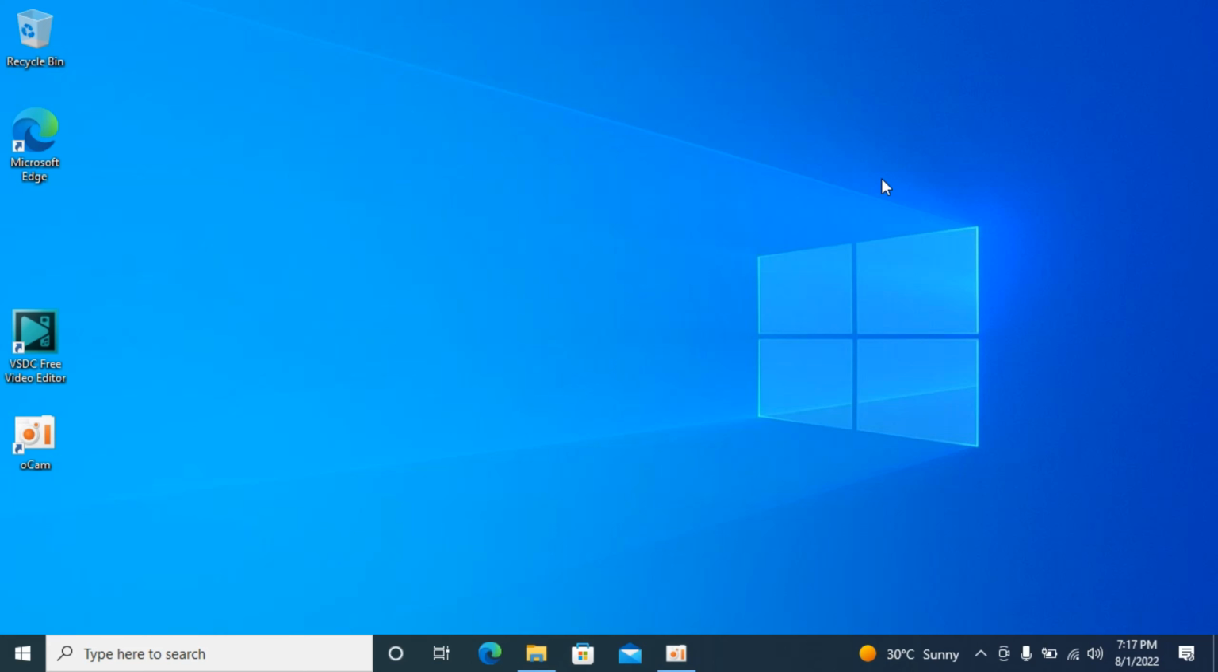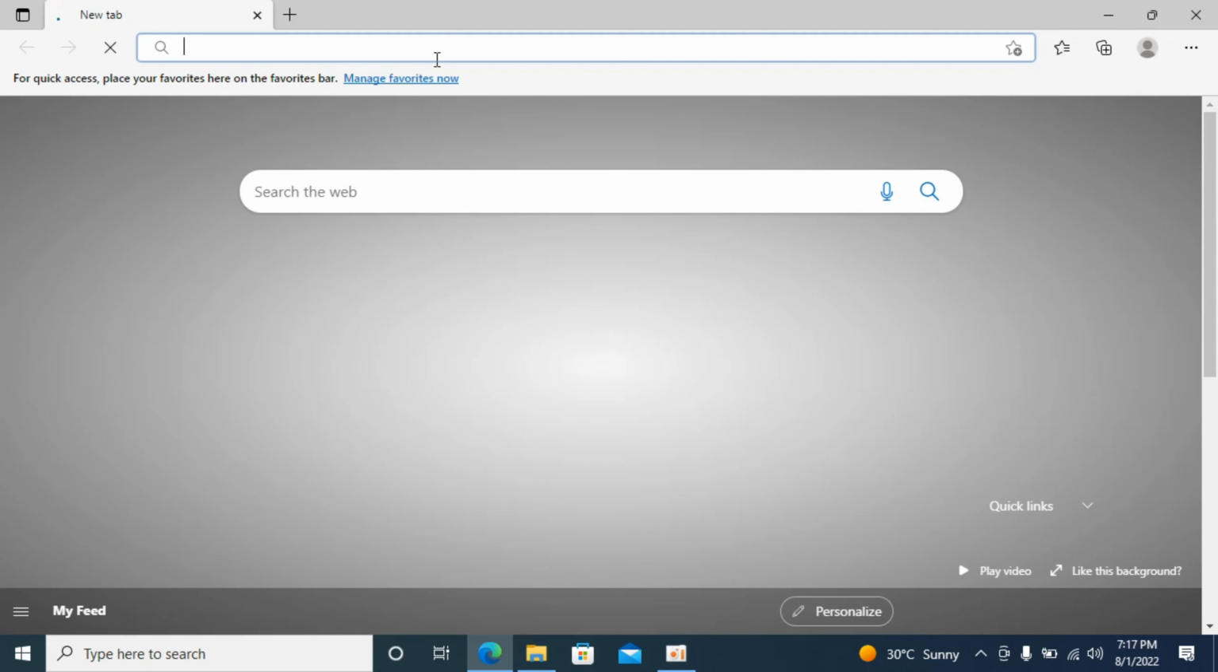So the process to install Google Chrome on Windows is quite easy and simple. So what you need to do is open up your Edge browser. Edge is a pre-installed browser on Windows. So here what you need to do is simply go and search in for